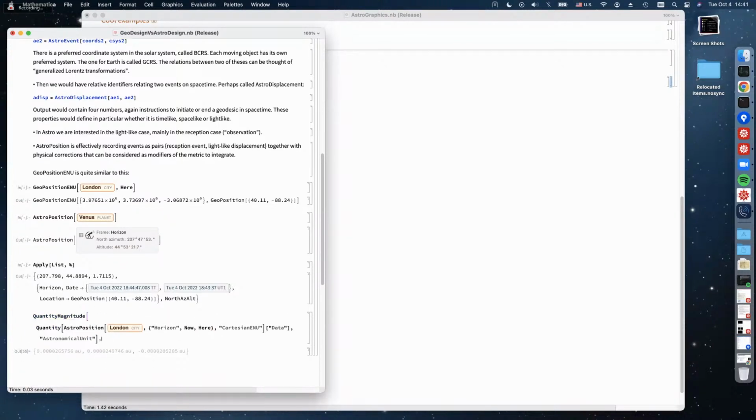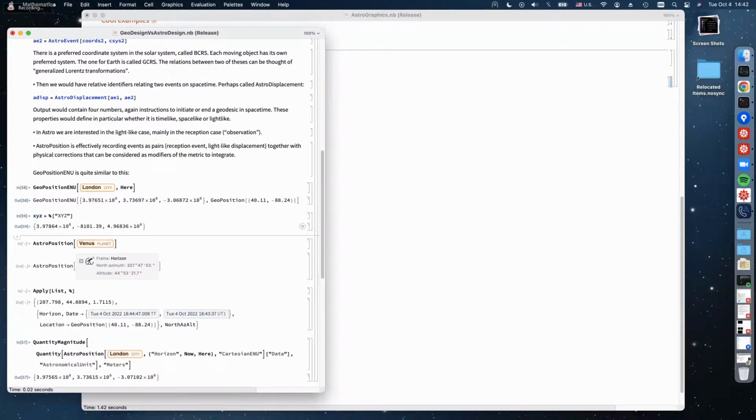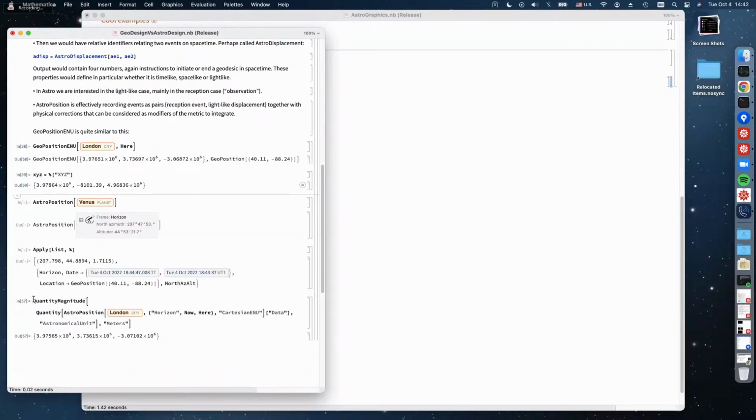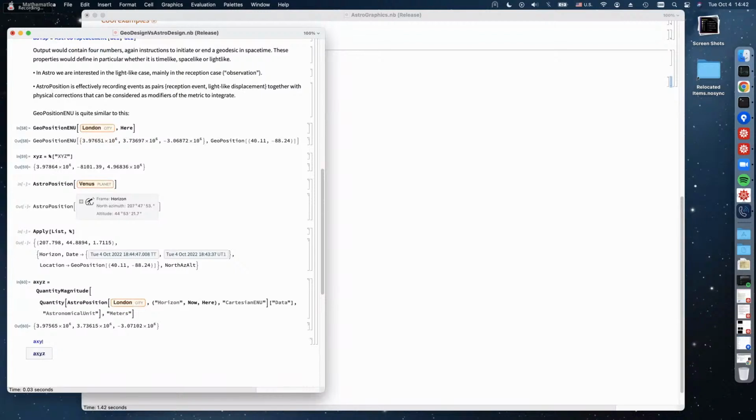So, all right. So basically what you're saying is we need a word that's like, it's beyond frame, it's a combination of frame, position, location, or maybe we don't need a word. Maybe it's just the second argument to astro position. And that's what it is. And we say astro position is this thing